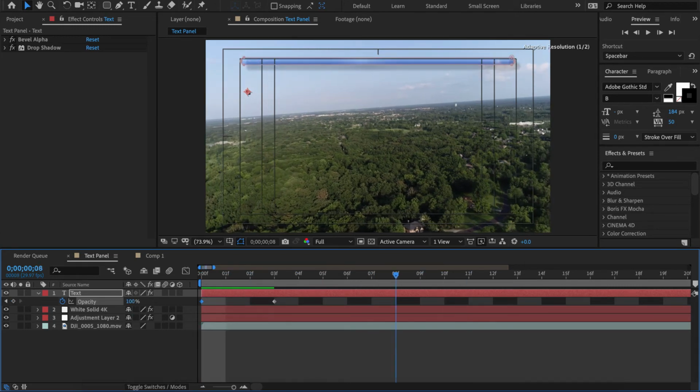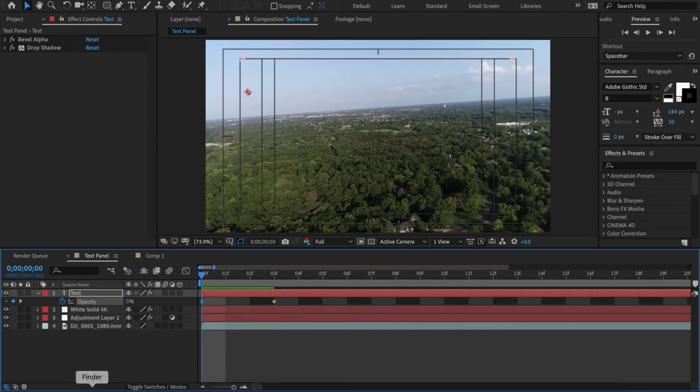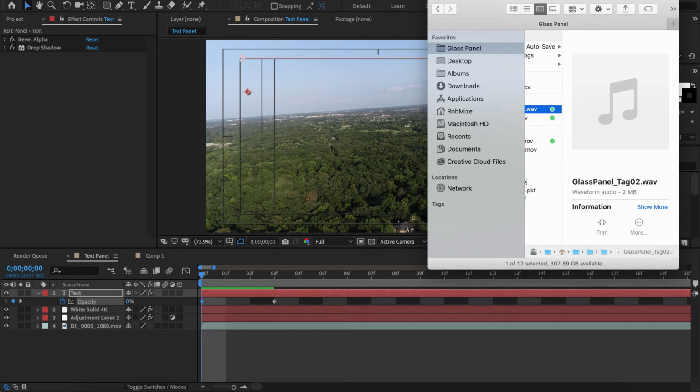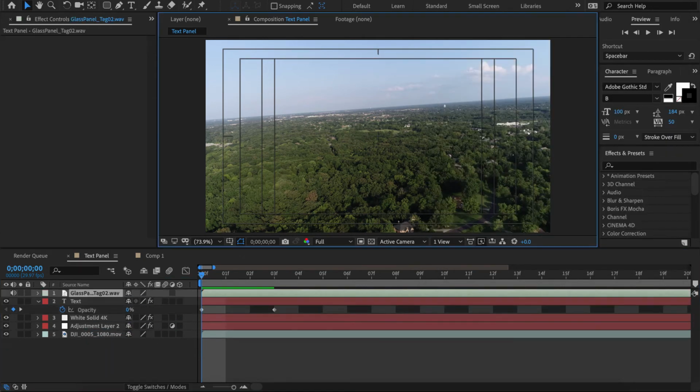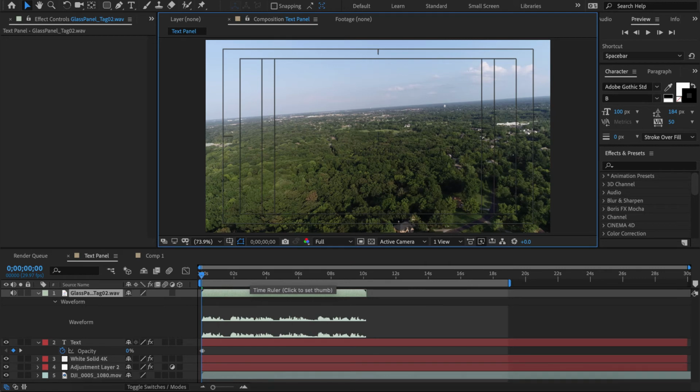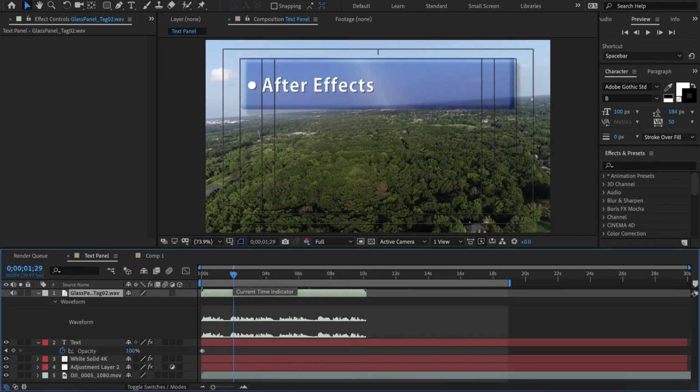Next, let's synchronize our animation to the audio. I'll drag my voiceover file onto the timeline, and again it's automatically added to the project folder. Add LL to show the waveform. I'll place the audio to start at the 2-second mark on the timeline, and then preview it to determine where